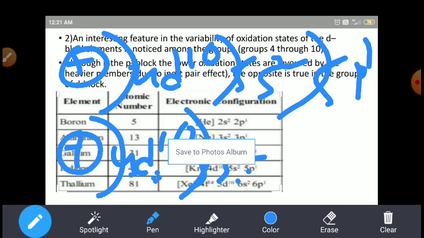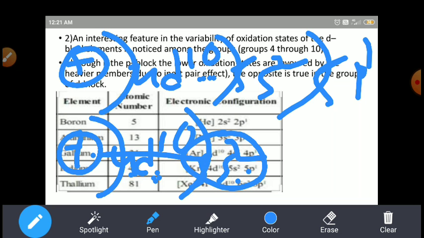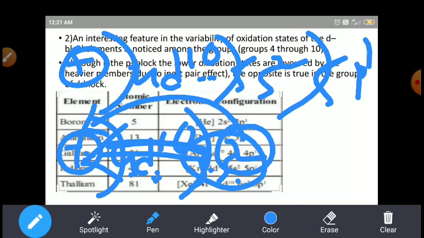But here the nuclear charge increases because of the number of electrons present. So the s electrons are completely attracted by the nuclear charge, and the size is more reduced. These s2 electrons are completely attracted by the nuclear charge, so they never participate in the chemical reaction. That is what we call the inert pair effect.